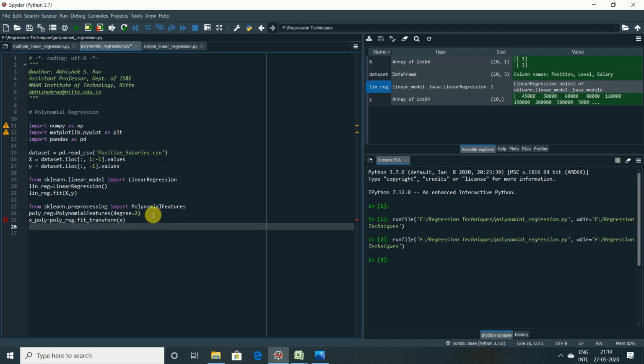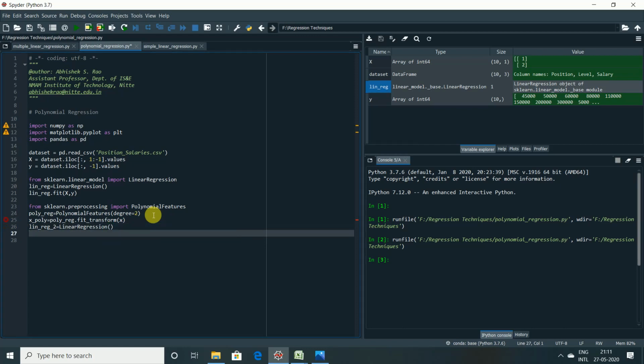We are done with the transformation of the data, and we have stored it in a new variable called X_poly. So this will turn it into the new matrix of features, correct? Now I'll call the linear regression model. Let me name it as a different object, lin_reg_2, and I'll call LinearRegression with no parameters.